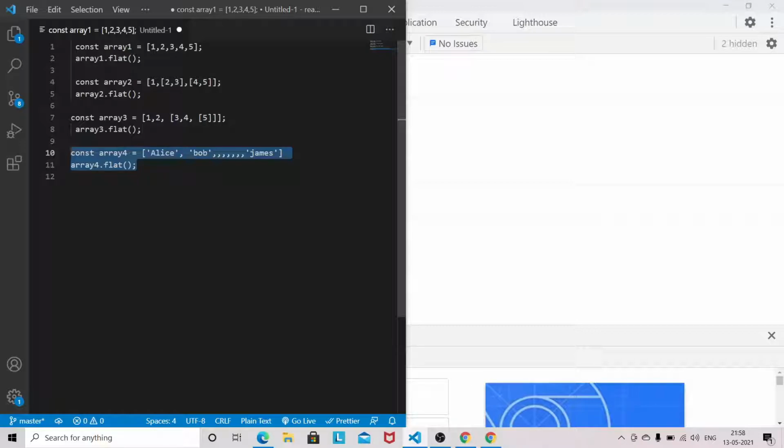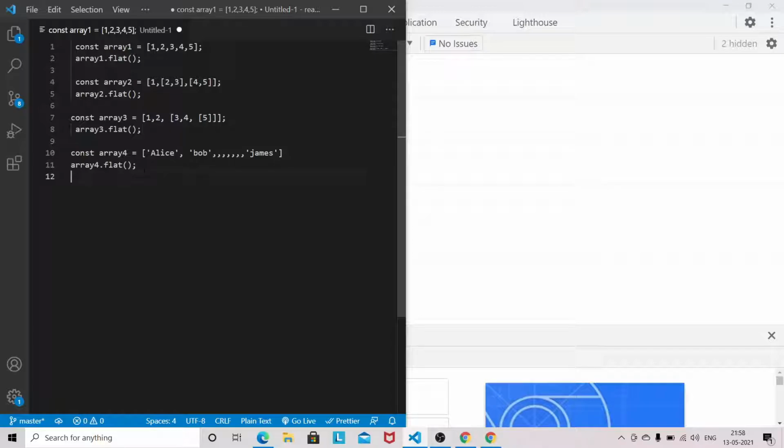So flatMap means it first applies a map, followed by a flat of depth 1. It performs two operations: first map, then flat.